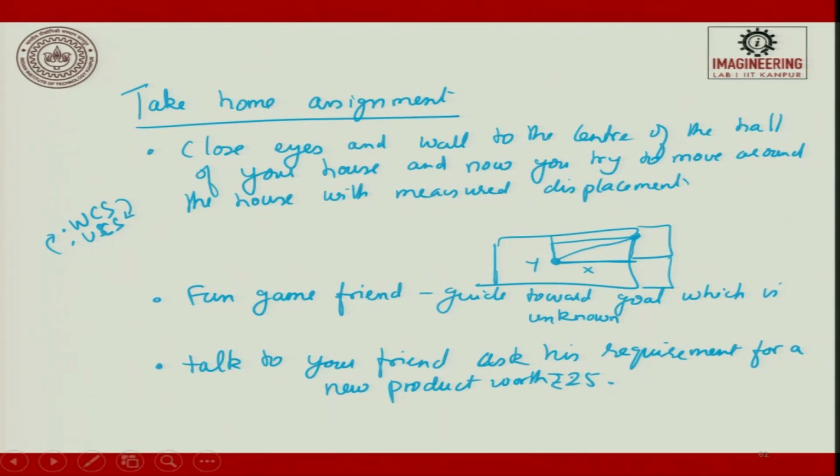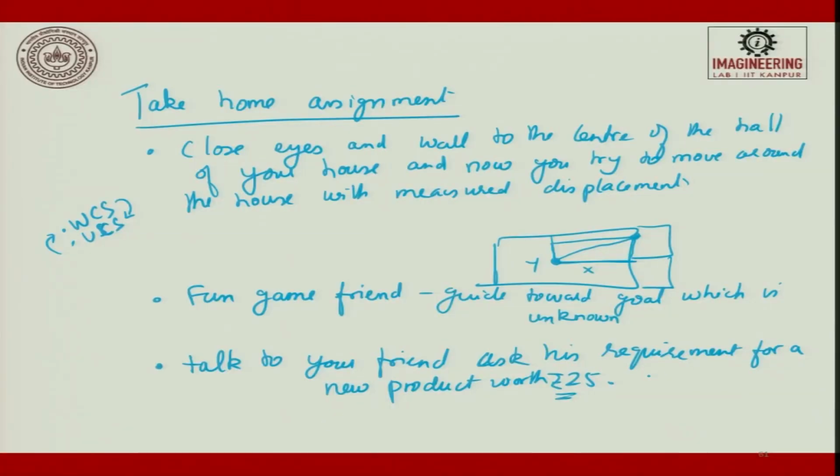So, you should ask him, suppose I give you 25 rupees and I want you to buy a product or a part or a toy, what will you buy? Or if you say that I am going to give you a toy worth 25 rupees, now you tell me what is all expected from that toy.